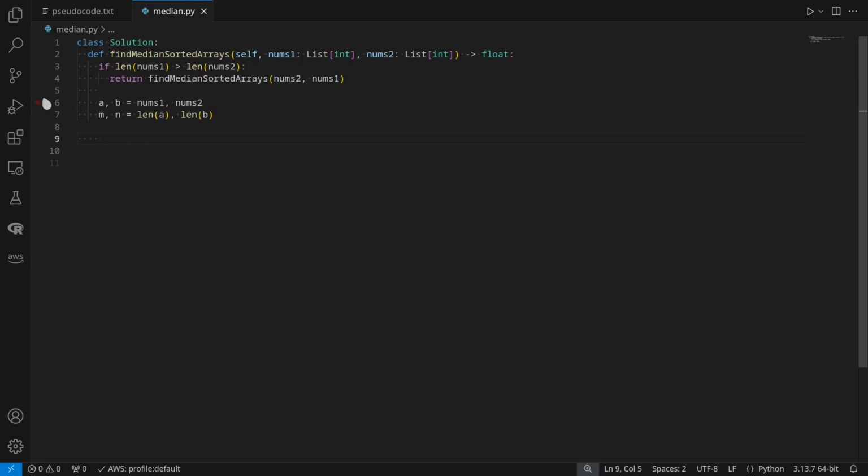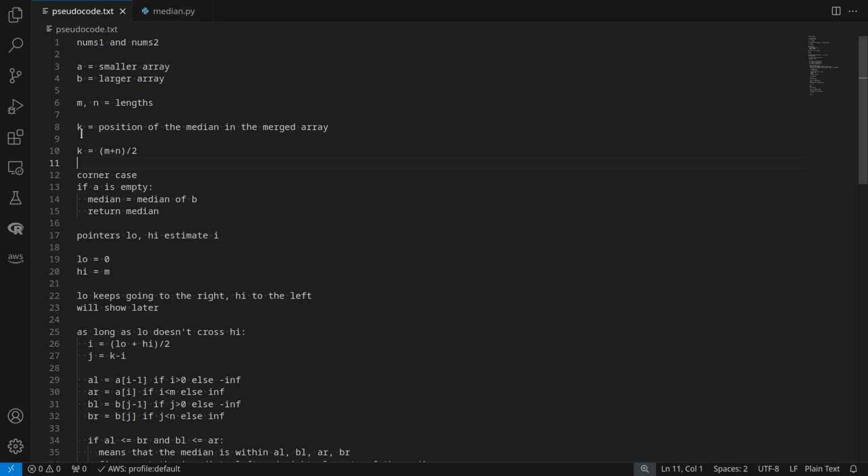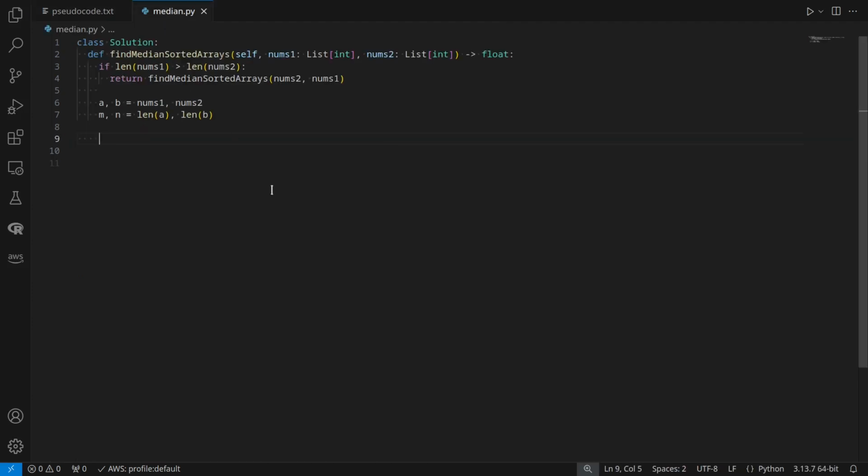Okay, now we set k. See, the order is important. We need to set k now. So we set k to be m plus n plus 1